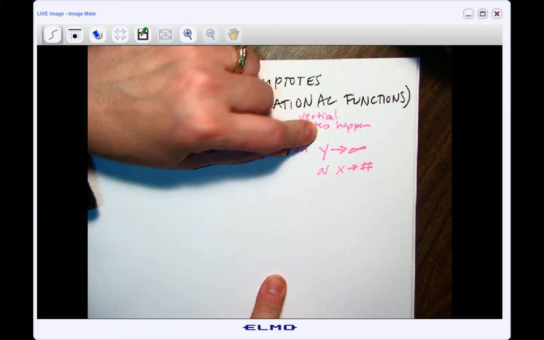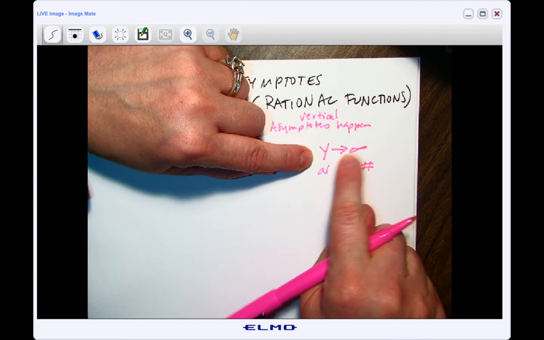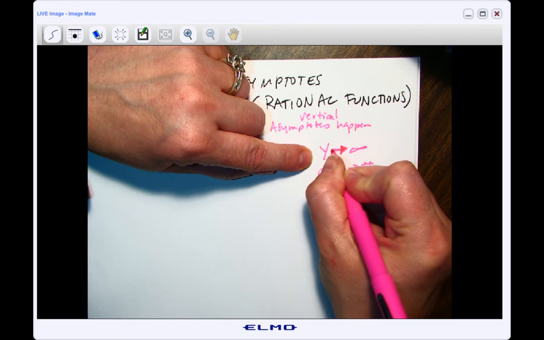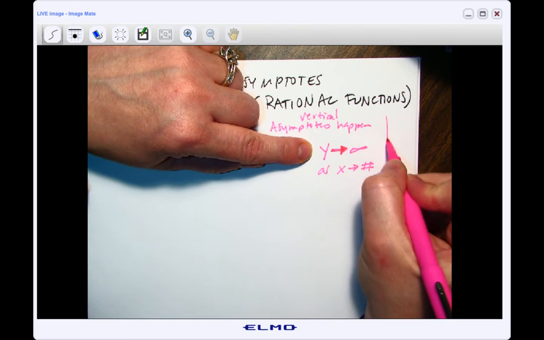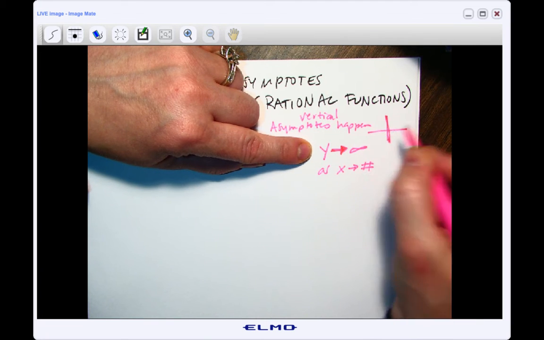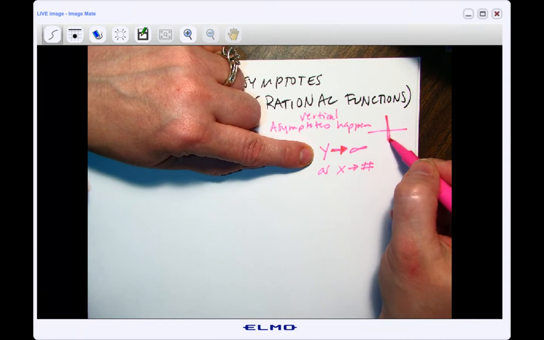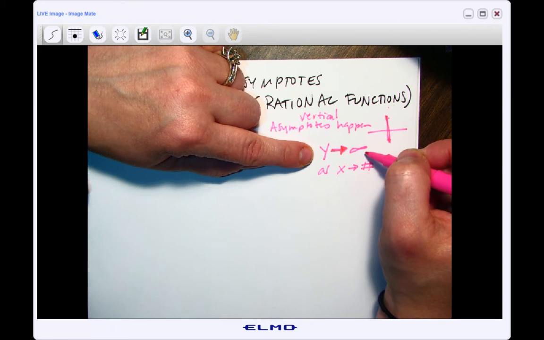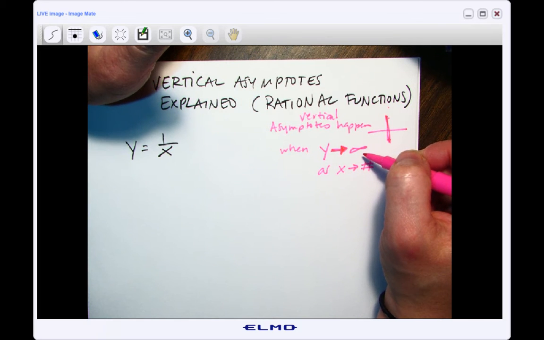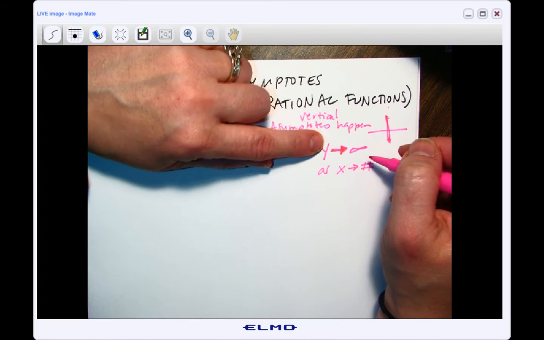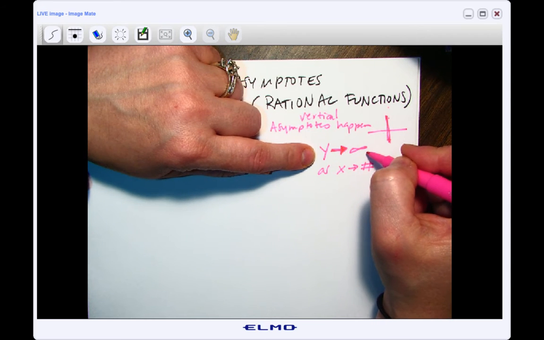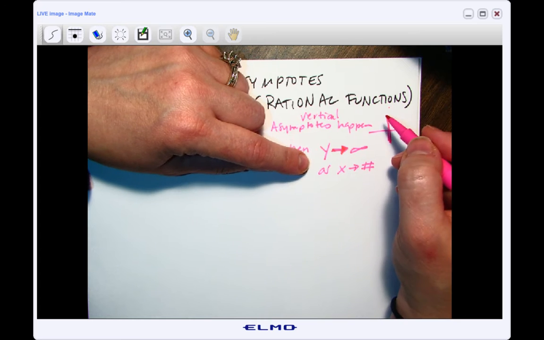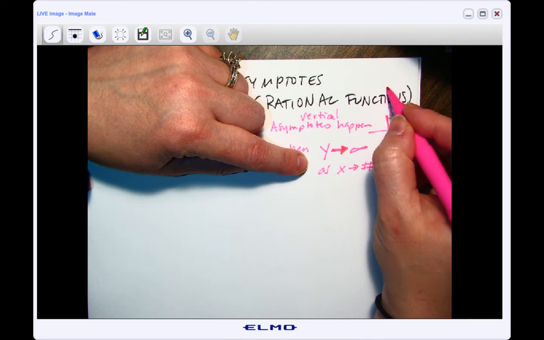Okay, so how do we read this? This says y approaches infinity. This little arrow in math means approaches, just like what it means in English, as our y values on a graph. Of course, the y values are the up and down values. If the y values are getting really big and they keep getting bigger and closer and closer to the number infinity, which of course isn't really a number, right? It's more like an idea. It's this list of numbers, maybe, because every number that you give me, I could give you a bigger number. So we never can actually reach infinity. We can only approach infinity, right? So as I get further and further up here on the graph,